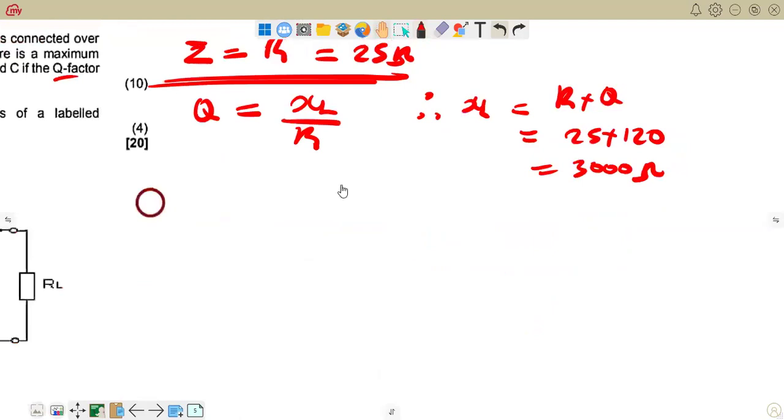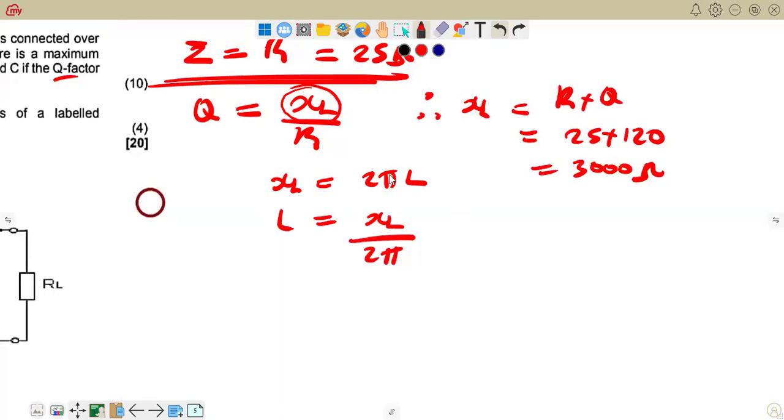Then, how can we calculate inductance? Because the question is asking us for that. By the way, this is XL, the inductive reactance. So we want to calculate L, the inductance. So how do we find XL in the first place? It's equal to 2 pi FL. So making L the subject, it means we have XL over 2 pi F, then 3,000 divided by 2 pi multiplied by 4 times 10 to the power of